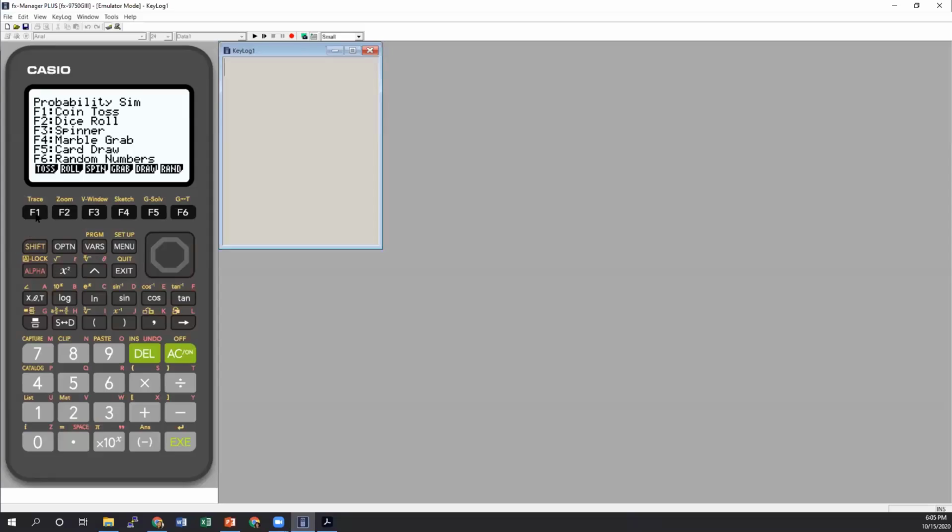So coin toss is exactly what you would think. I'm going to toss a coin. It has a little cute simulation to go with it, and then you can decide whether the filled-in circle is heads and the non-filled-in is tails, or vice versa. And then you can do individual tosses. I really hope this coin isn't weighted. Oh, there we go. That is something you can do as well. You can actually weight the coins if you wanted to cheat a little bit and test your students out.